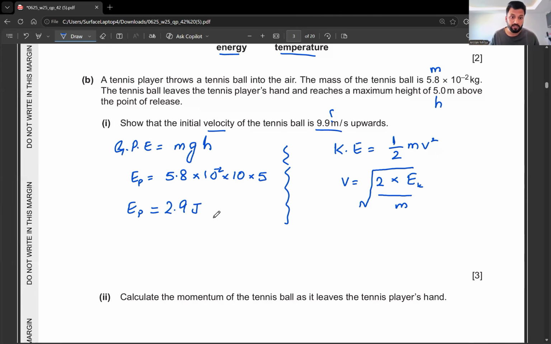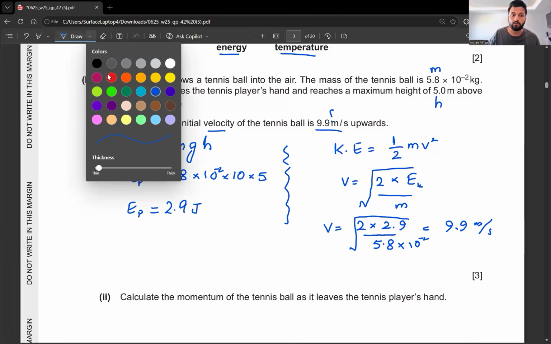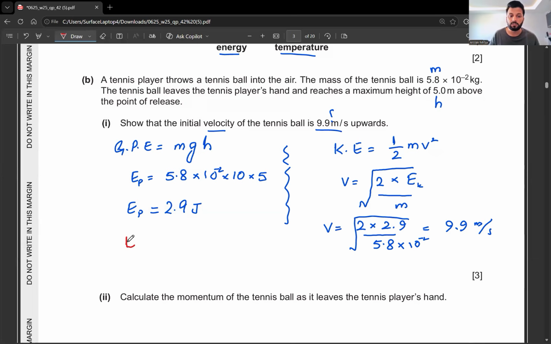So we can put kinetic energy is equal to gravitational potential energy. So v is equal to square root of 2 times 2.9 divided by mass, that is 5.8 times 10 power minus 2. And there is a square root on it. So we'll get 9.9 meters per second. This is the first method. In the second method, you can just equate both energies,